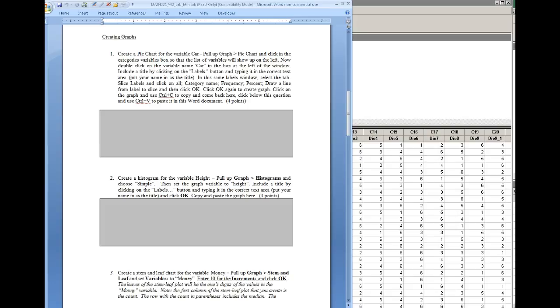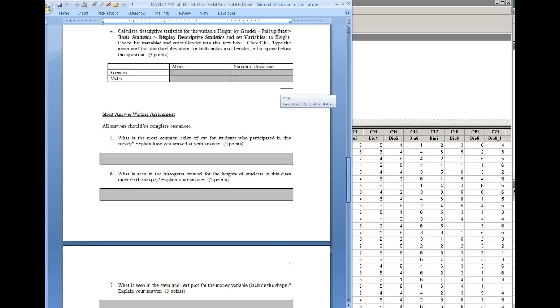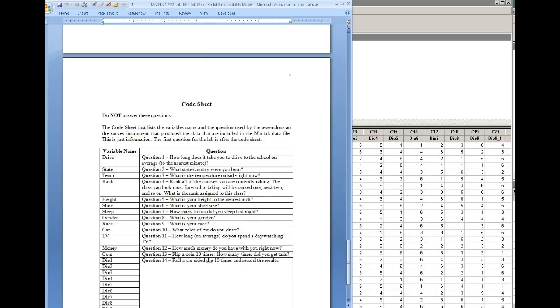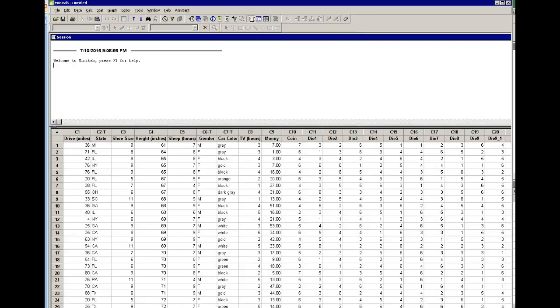So that means the question that was asked about cars. They were asked for the variable car. It was question number 10. What color of car do you drive? And that data is right here in C